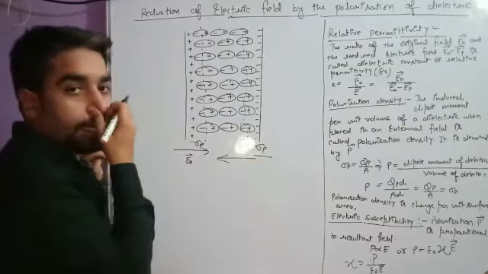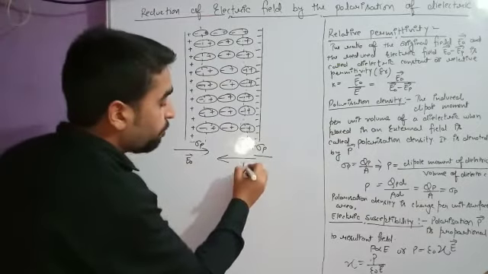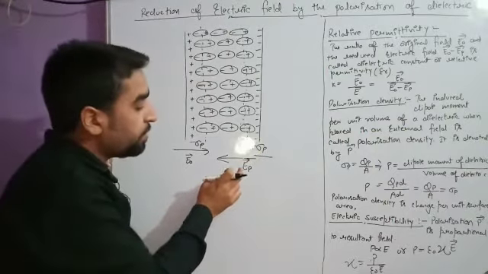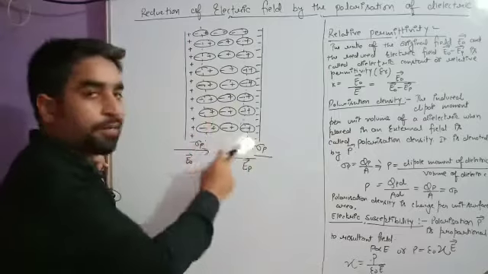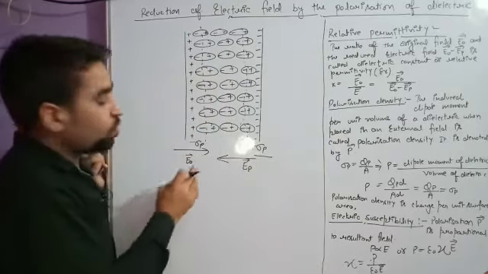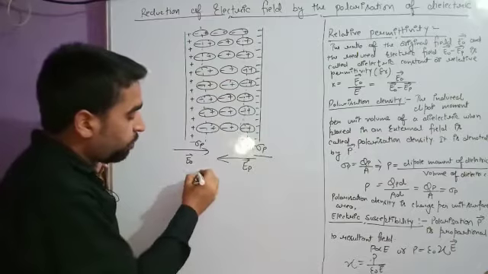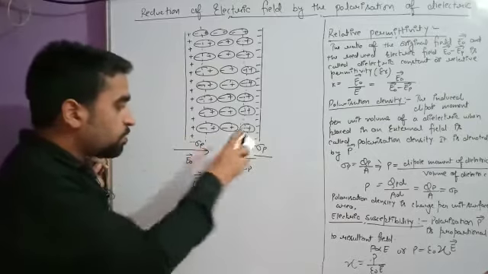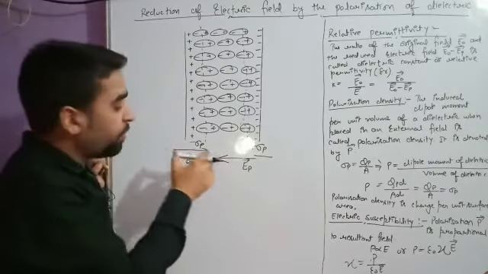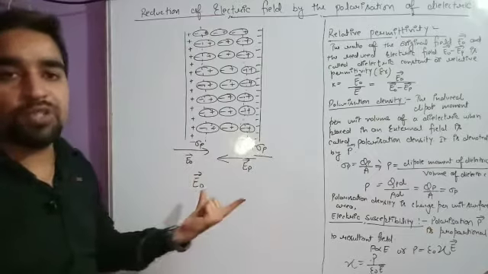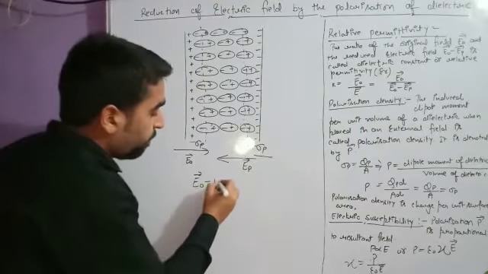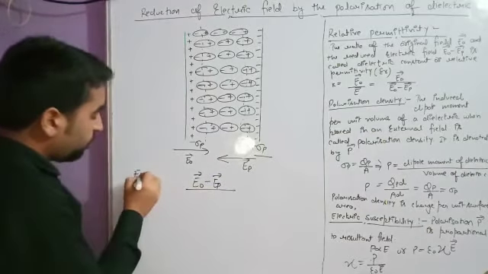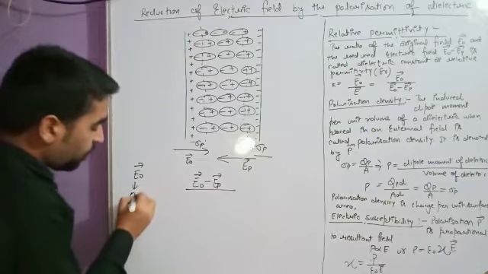So this is going to be the direction of that electric field, and this electric field is actually EP. Why am I writing EP? This electric field is induced due to the polarized dielectric material, so I am writing EP. So now students, earlier the total electric field was E naught. And what is the electric field now? The answer is, because these two electric fields, the induced electric field and the original electric field, are both opposite in direction, the net electric field will now be E naught minus EP. Okay, what was the original field? That was E naught. We can say E naught was the original field.